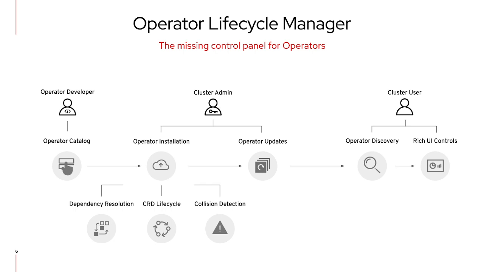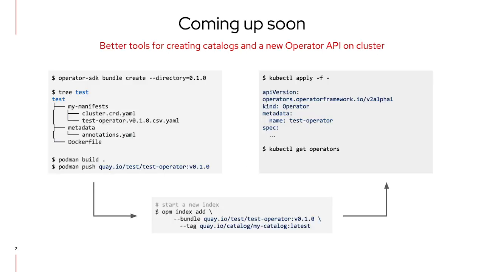There's too much coming up to cover it all, but I want to give you a sneak peek at where we're going in 2020. First, we're moving over to a new bundle format. This is how the operators are collected into catalogs and shared between clusters. We have a new tool, OPM, which will allow cluster admins to curate that set of operators, including for disconnected clusters. And last, a new operator API is going to land, which is a newer, simpler way to interact with operators on your cluster for both admins and developers.